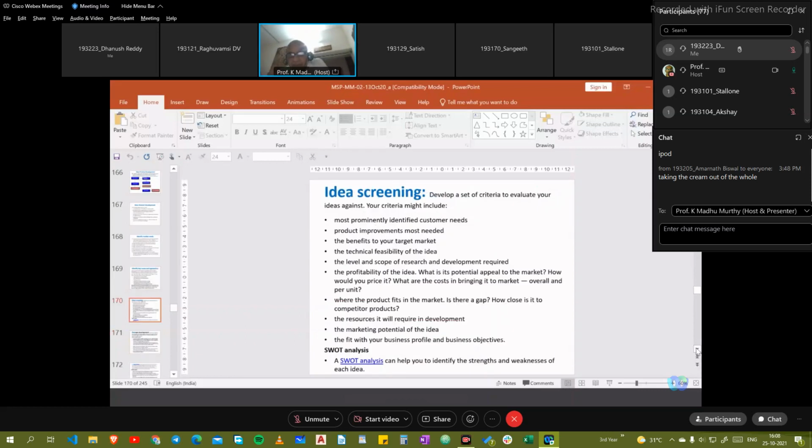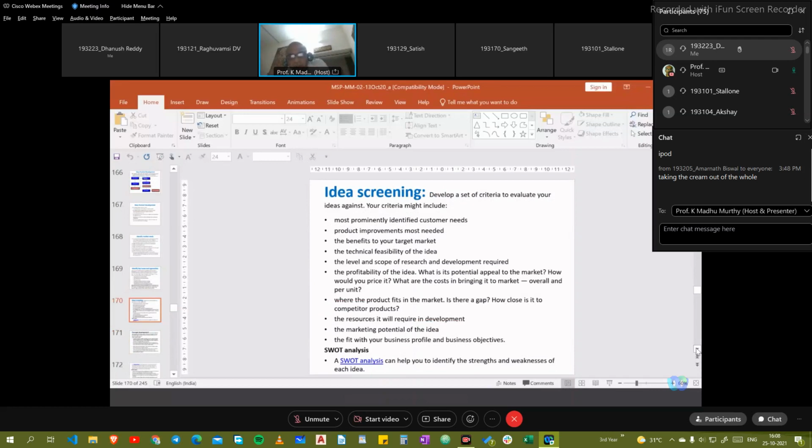When we are trying to develop ideas, we have a set of criteria based on which we try to evaluate our ideas. And this probably should have what are all the major customer needs identified, and what are all those improvements that we are planning to include into the new product, and what benefits are we trying to add to the market. And finally, whether it is really possible to come up with such aspects or features for the product,